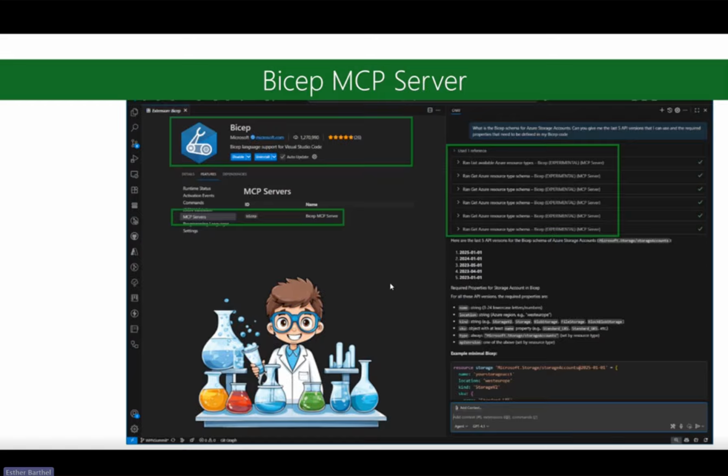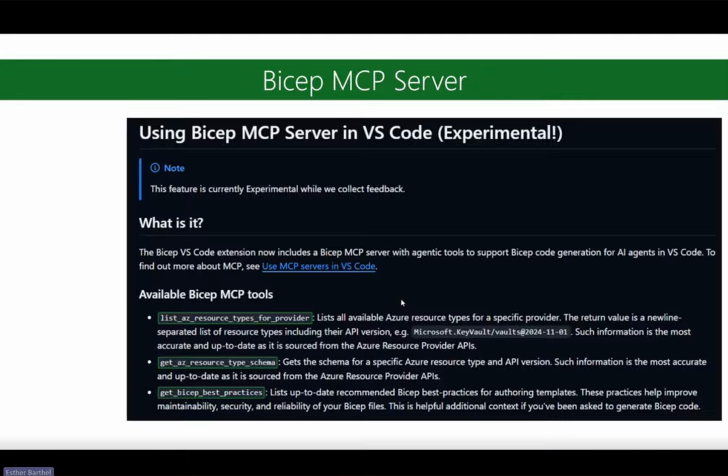So that allows you to ask similar questions about the latest API versions within my schema, but it also allows you to prompt it to create your Bicep files for you based on the specifics that you add in the prompt file. As mentioned, it's still in an experimental stage, and this still basically lists the 3 functions or tools that were included in the first MCP server.